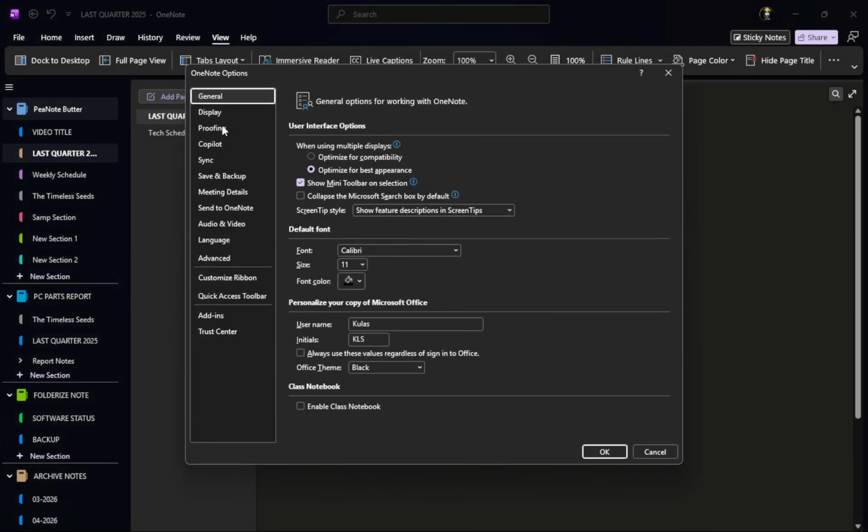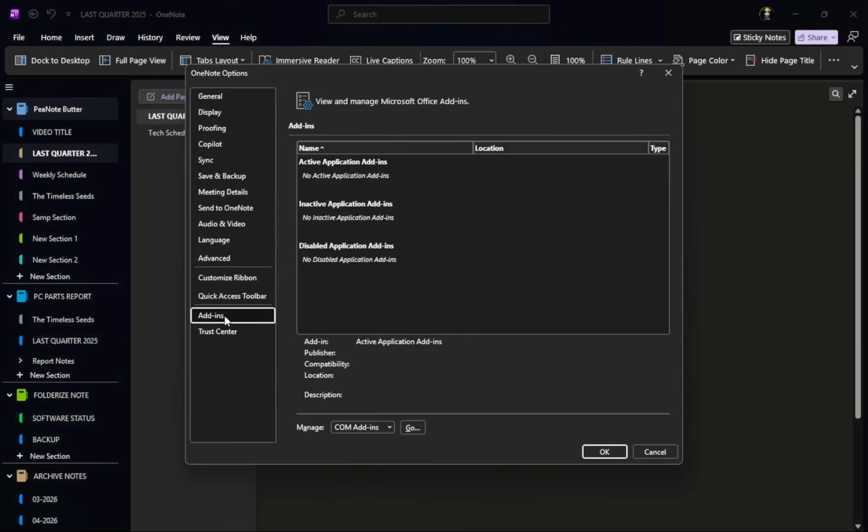In the Options window, select the Add-ins category. This section provides you with a comprehensive view of the add-ins currently installed in your OneNote application. You will see a list detailing each add-in and its status. Reviewing this list is significant because it allows you to understand which tools are already available to you, enhancing your